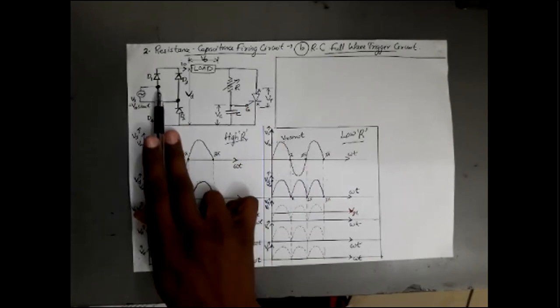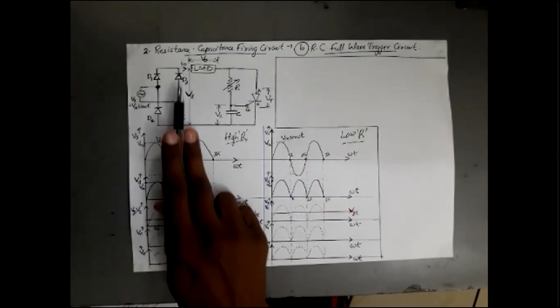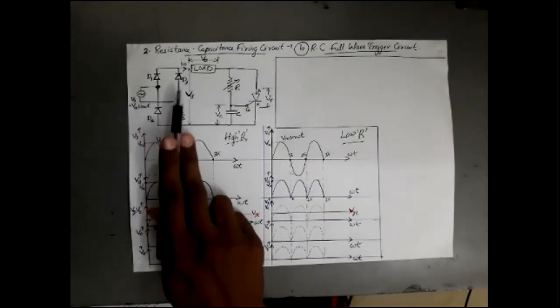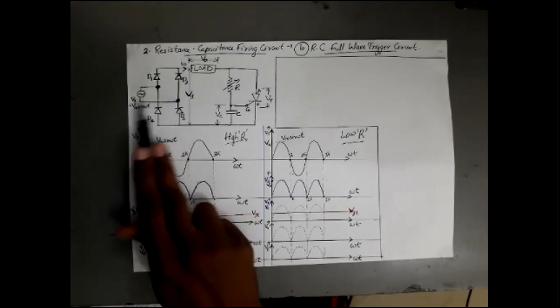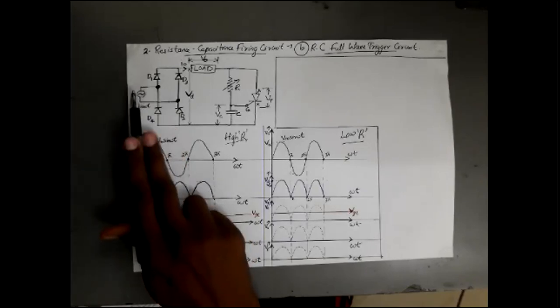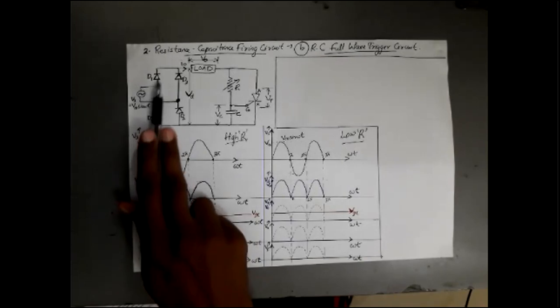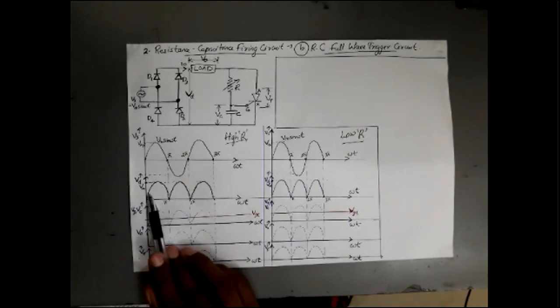I have a rectified output in both the half cycles by using four diodes, which is not controllable. So it is called uncontrolled. Full wave means we have a rectified output in both the half cycles. So it is a full wave rectifier circuit having four diodes. Using this circuit, I make my Vs equal to Vm sin omega t as a full wave rectifier